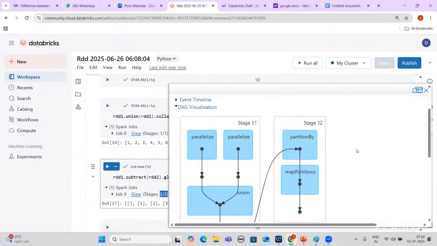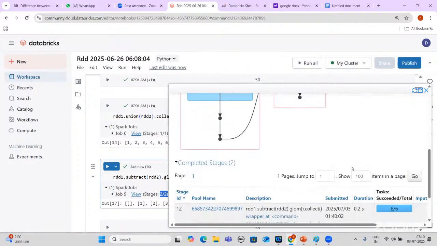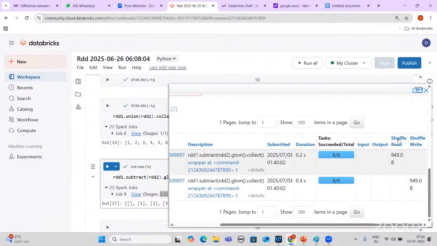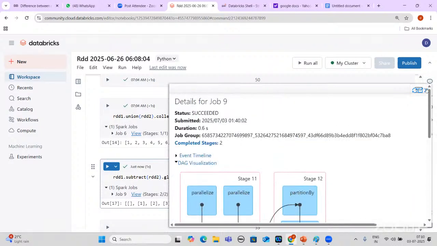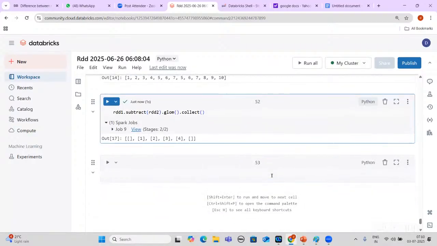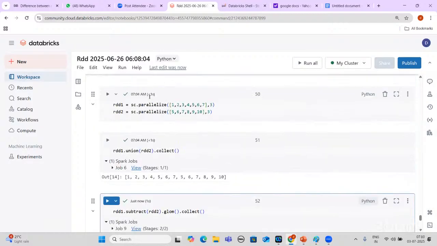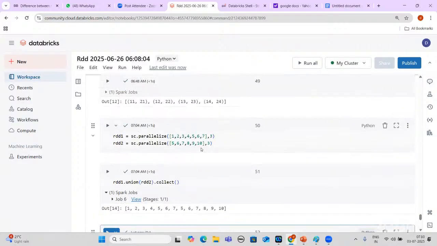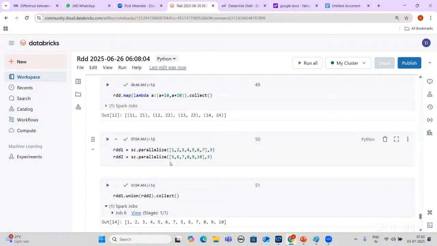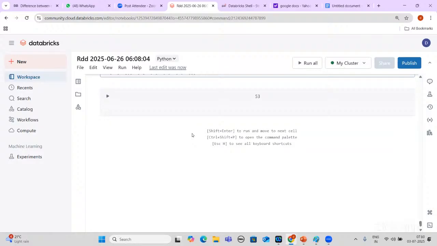It was doing a union, and again from there it is doing the map function, partition by map. So you are having shuffle read and shuffle write. We are having all these things. We are receiving subtract 1, 2, 3, 4. So this is nothing but wide transformations.